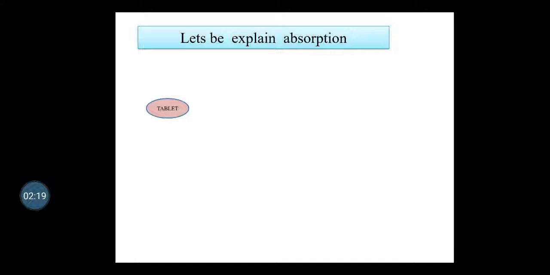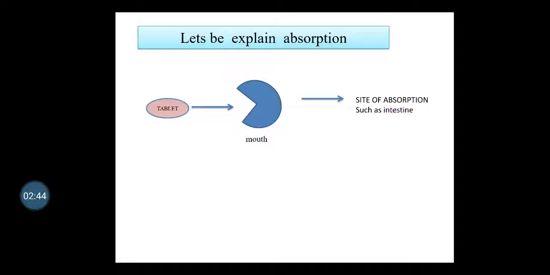These are the solid dosage forms. Dosage forms are available in various forms. They can be solid, liquid or semi-solid form. But here we take the solid dosage form. It will be taken by the oral route. Then this dosage form goes through the GI tract, and it will be absorbed into the bloodstream. Then it is transported to the site of action